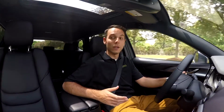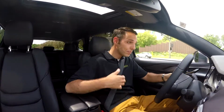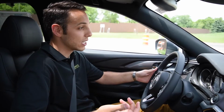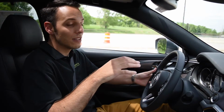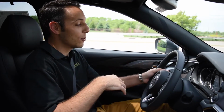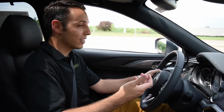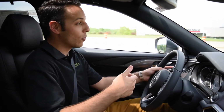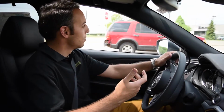And the thing they've done with the motor, I know people might be a little worried about the turbo, being that we don't have the V6, you can't do a ton of towing. But you gotta think 95% of the time, how are you using the vehicle? And what Mazda discovered is that's gonna be at low RPMs. So this turbo motor is gonna make all its power right around 2,000 RPMs, which is where they figure, hey, you're gonna be kind of putting around town and stop and go traffic maybe, and you're gonna get all that power right away, rather than having it up around 4,000 or 5,000 RPMs. And I mean, if you get on it,